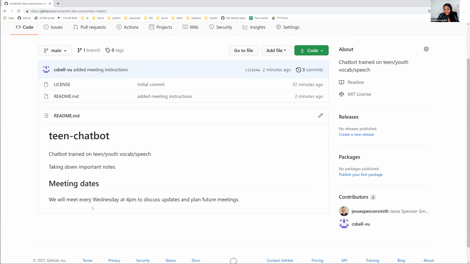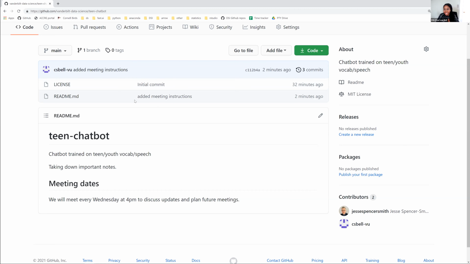So now you've actually been through a complete cycle of how you can clone your repo from a remote. So we were on GitHub and Jesse made this, and then I was able to clone it to my computer. I made some changes to the README using whatever editor I wanted or whatever IDE was necessary. Then I saved that to make sure my workspace was updated. Then I added those changes to the staging area using git add, and then I committed those changes to the local repository using git commit, and I gave a really nice message here